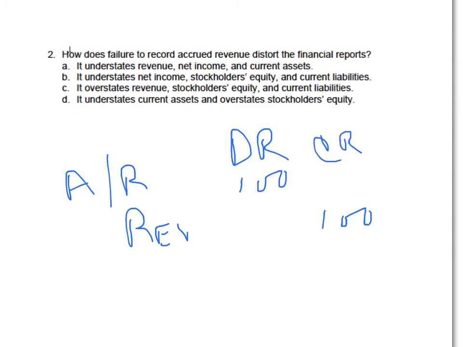And if we don't do that, then we would be understating revenue, because revenue would be higher here. We would be understating net income because revenue would be higher, and we would be understating current assets, accounts receivable. So right off the bat anyway, I like A as the correct answer here